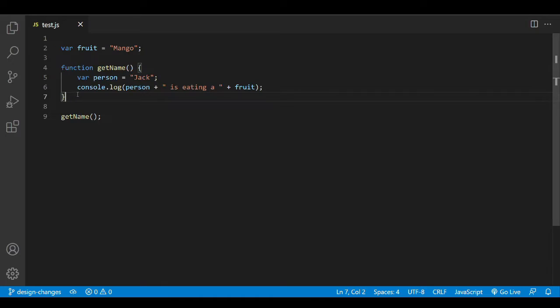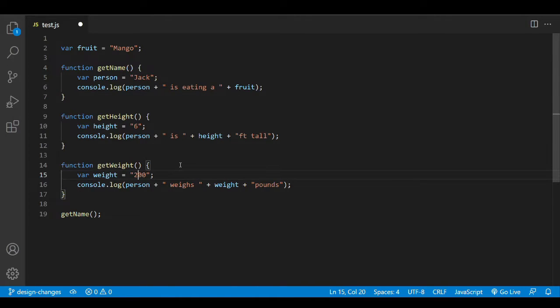So if there are multiple such functions, it would make sense to execute them separately and not in one go. It would be easier for the browser to manage the contents of these individual functions. So these manageable blocks of code are known as execution contexts.